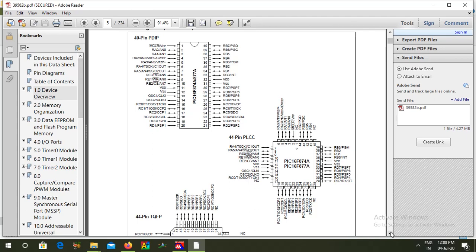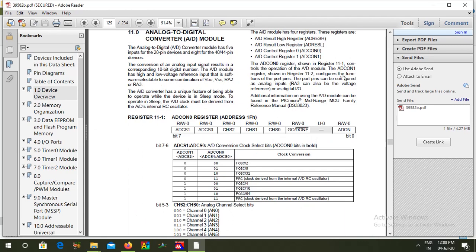They are 7 in number. The analog to digital converter module has 5 inputs for 28 pin devices and 8 for 40 and 44 pin devices. Here we have the 40 pin DIP, so it has 8 input channels.